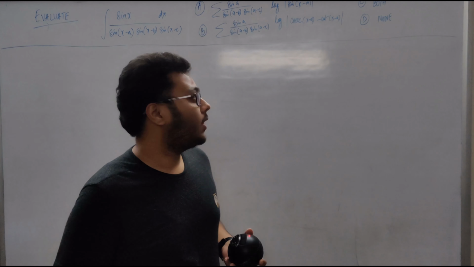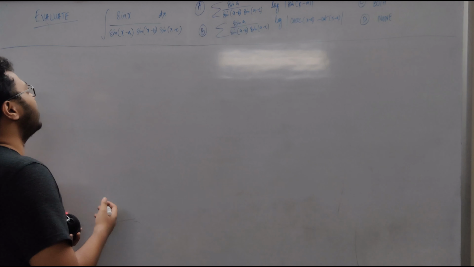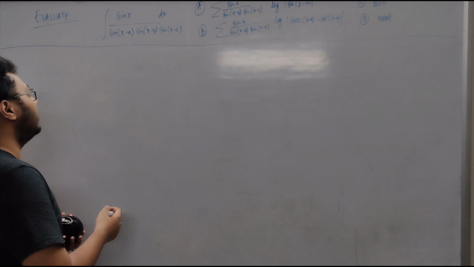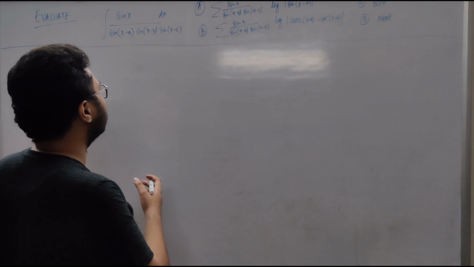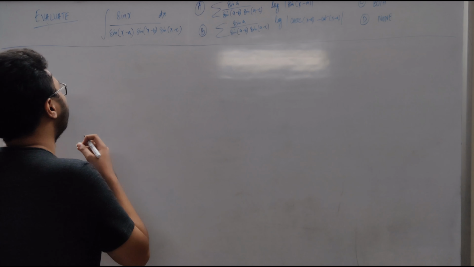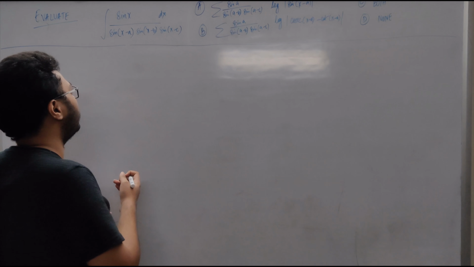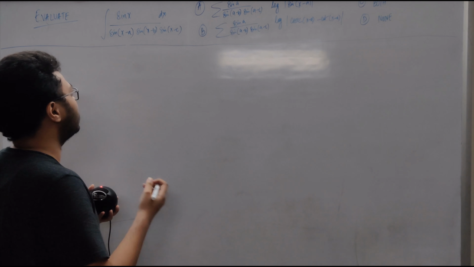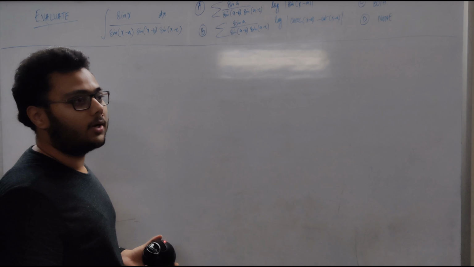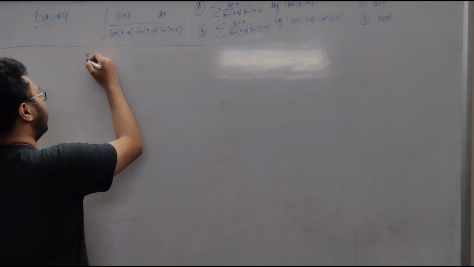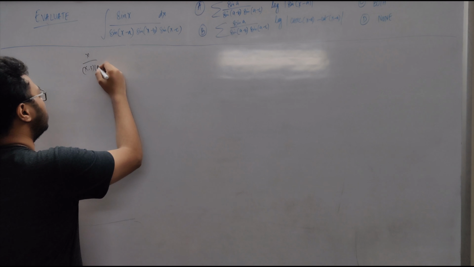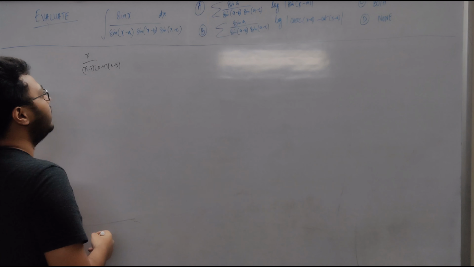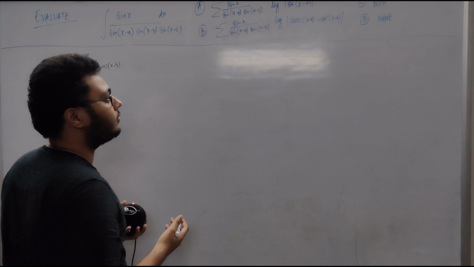So we have integral sin x upon sin x minus a, sin x minus b, sin x minus c. In all of these types of questions where we have a numerator and a denominator which is very similar to the numerator and has a lot of terms similar to the numerator, like x upon x minus 3, x minus 4, x minus 5, and other things like that, we should always think of partial fractions.